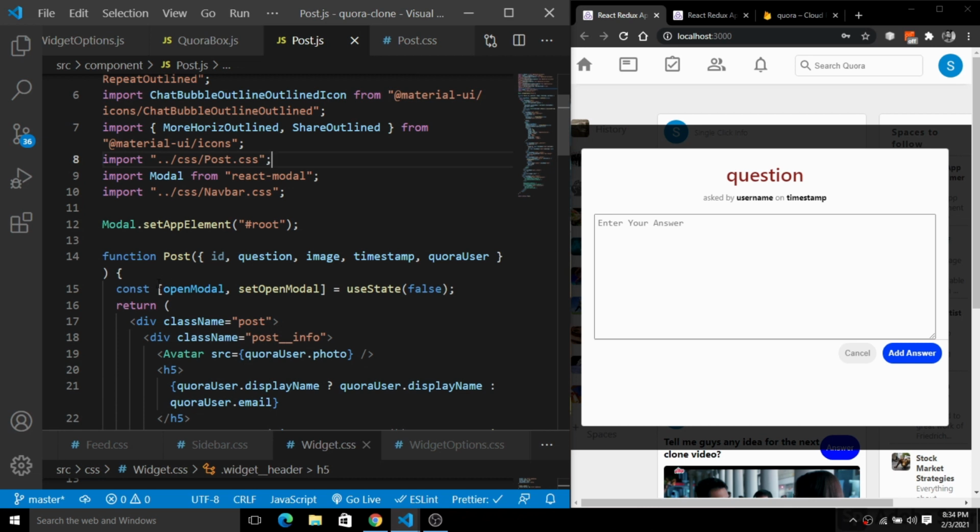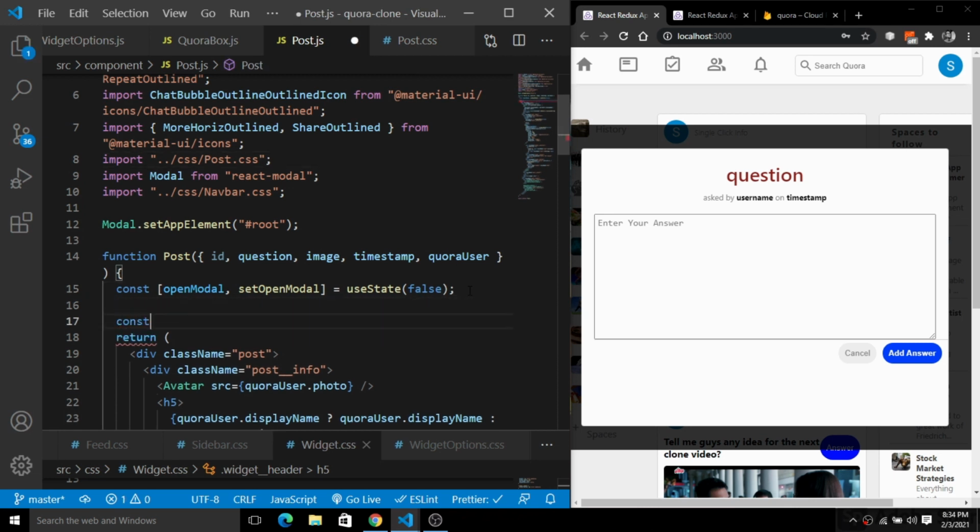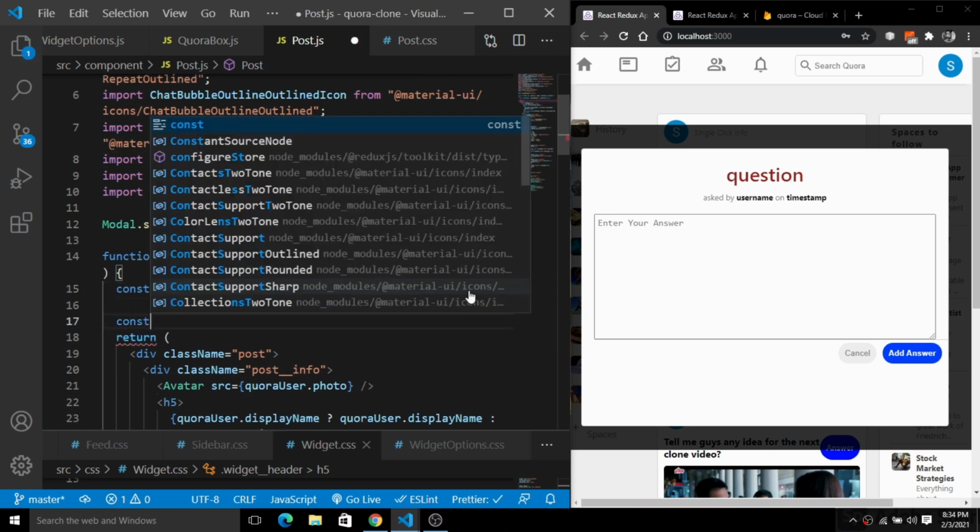Inside of this we will add an on click, and we will have this dispatch here. Inside of this we will set the question ID and the question name.